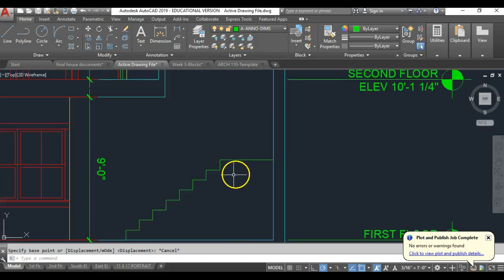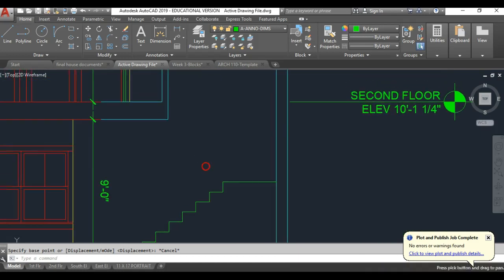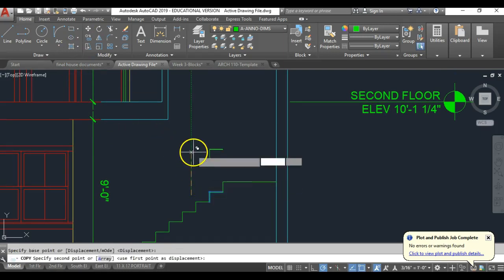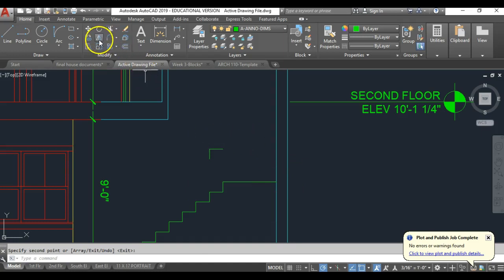So of course the tread and the stair heights are the same, they're just mirrored the other way around. So I'm going to do a copy of one set of tread and riser here. Just anywhere, move it up temporarily, so I can do mirror. MI is the shortcut for mirror, by the way, and I can mirror it. And actually I should have said yes to erase this side, but if I didn't, I can just erase it that way and move this into place